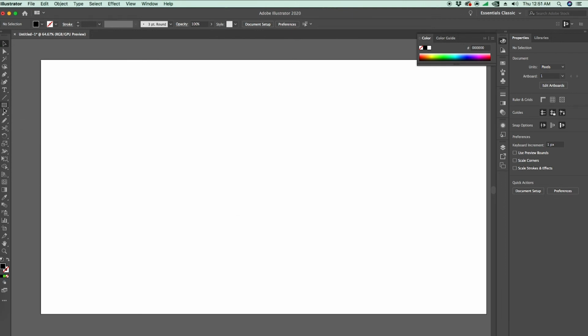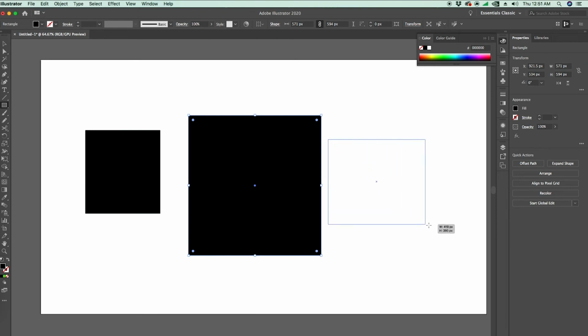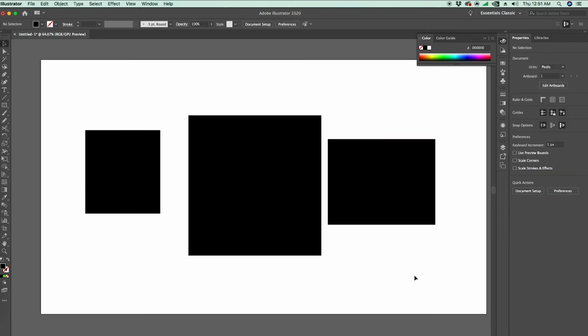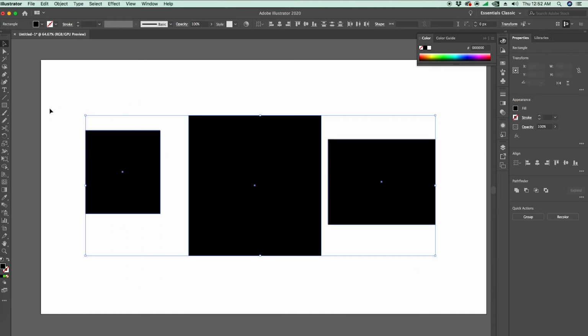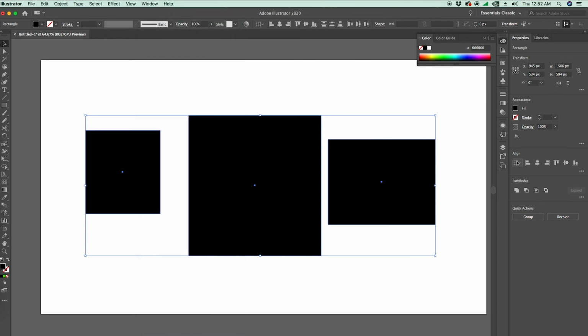Okay, now let's get into aligning objects. Again we'll have three rectangles, and first of all they are not aligned to anything. So what I can do is select all three of them together and go into Window, Align, or it's available over here for me. The first thing I need to do is click on this because it's easier to use and it has all the tools. I have to click on Align To, and I have three different options. One is Align to